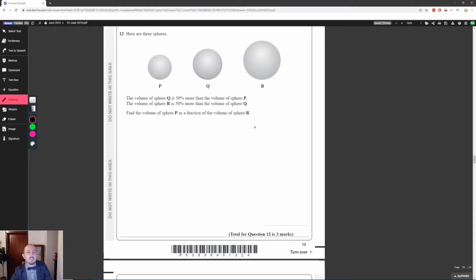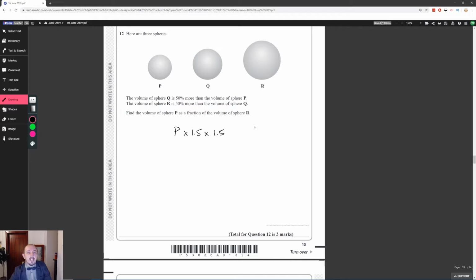Question 12, we have three spheres. Q is 50% more than the volume of P. So if we take P and times it by 1.5, that's the volume of Q, and then we times it by another 1.5, so that gives us 150% again of Q. Okay, so it's not 50% more than another, that's not 100% more, it's 150% more, and then you work out